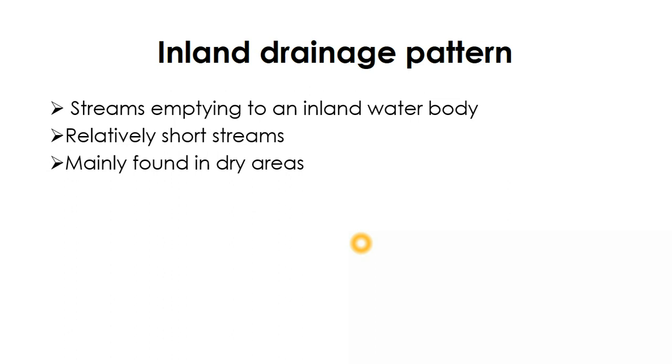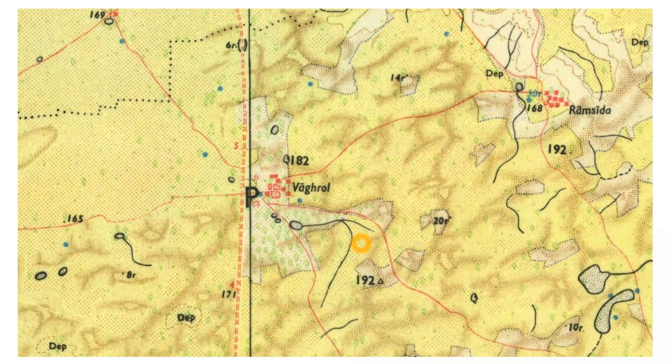So this kind of pattern is mainly found in areas where temperature is very high and the climatic condition is comparatively drier. And if you look into this one particular map, we can see the feathery features in brown color. That means the sand dunes that indicate the presence of desert areas. So here if you look into this one particular stream, we have a small stream flowing from southeast to northwest and it ends in a small lake. So this is one example of inland water body.